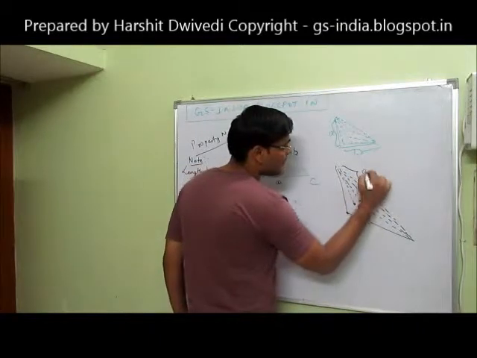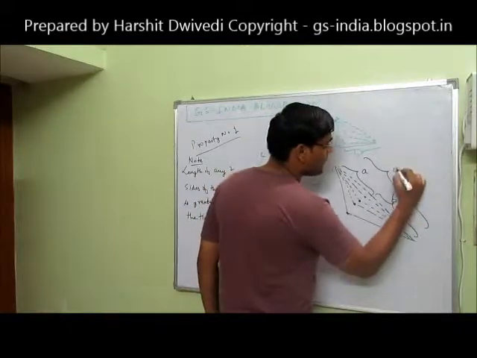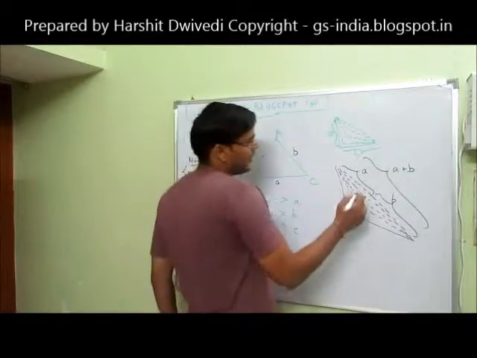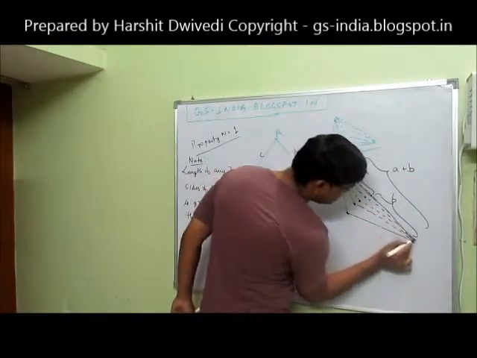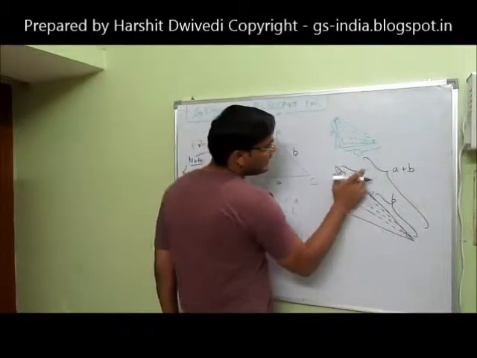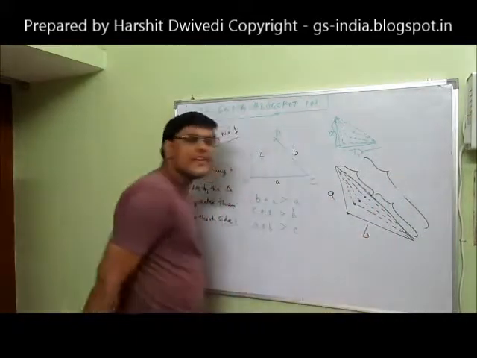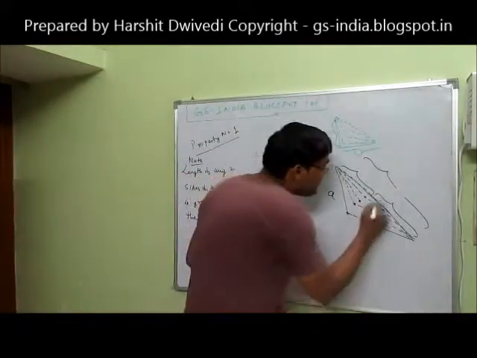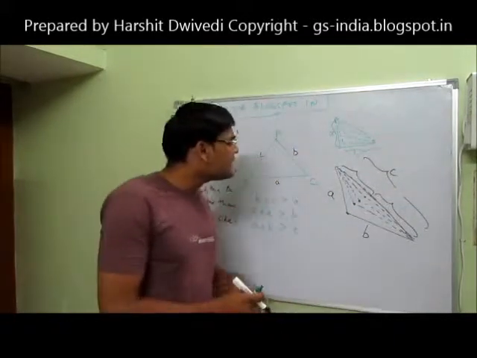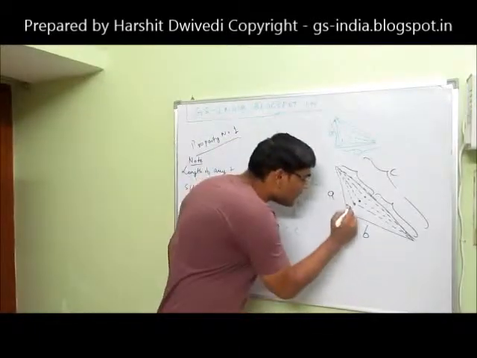If this is A and this is B, what will be the combined sum? A plus B. Okay. Now, if this line is C, and if this is A and B, then obviously, if A plus B has to be equal to this whole length C, then A and B should be in a straight line, but there is an angle between them.